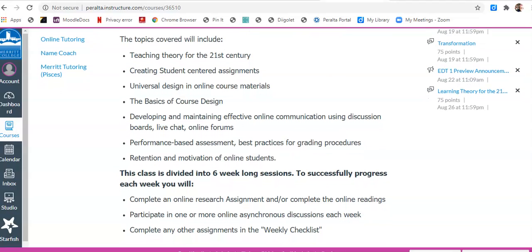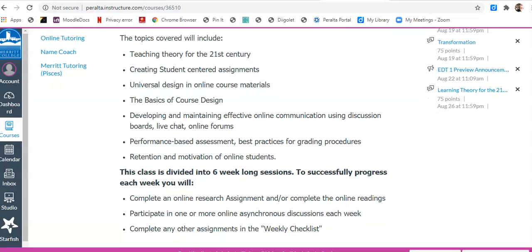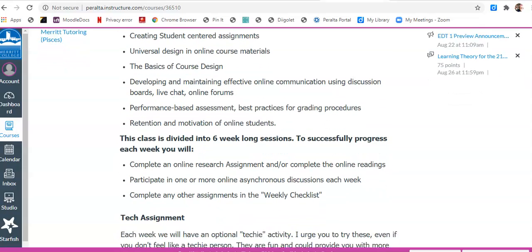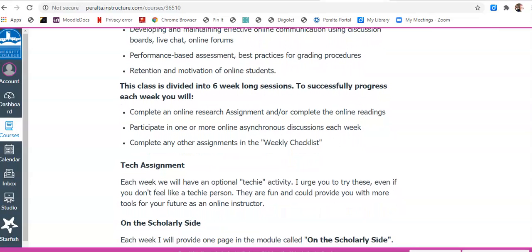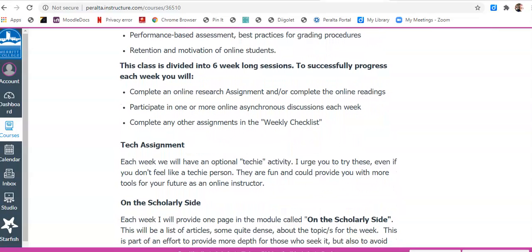Here are the topics we're going to be talking about in the course. This actually has morphed into a 7-week long class. It was originally a 6-week class. So we'll just use that final week to make sure that all your assignments are in and completed. But do know that there are a few assignments in the course that need to be done during a certain time period, and I'll show you what those are.